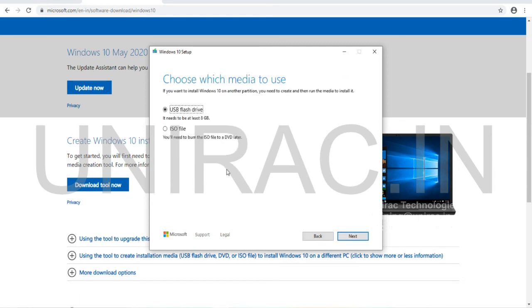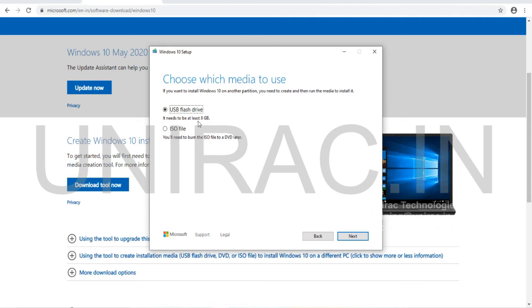Once we click, we can choose the ISO file, or you can store it on USB. If you want to create an ISO file, an image file, on the same PC, we can do that. We can burn it to DVD or choose a USB, but we have to ensure that at least 8 GB of free space is available on your flash drive.